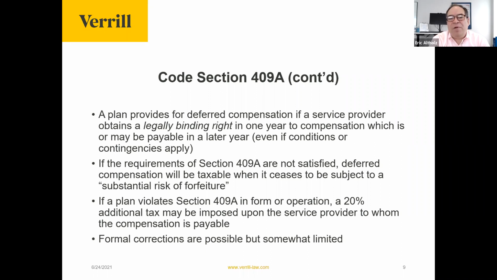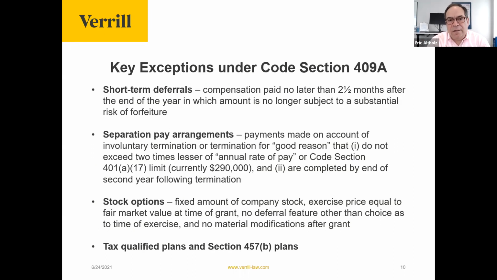So the consequences of failing to comply with Section 409A are quite dire, and the opportunities to correct failures are limited. Unlike what some of you may have experienced with a 401k plan, where you make an administrative error and there's a well-worn path to correction blessed by the IRS, that structure for correction does not exist in the deferred compensation world. So for the obvious reasons, we focus very intently on 409A compliance when we work with clients on deferred compensation plans.